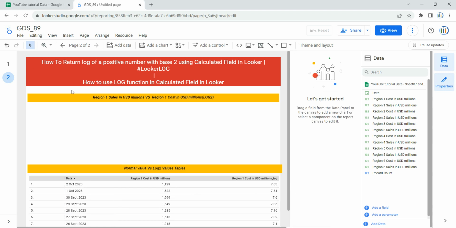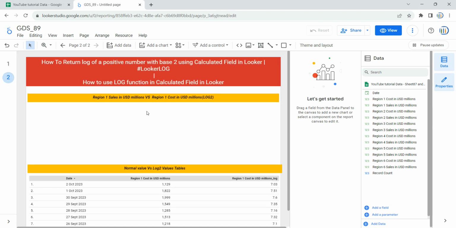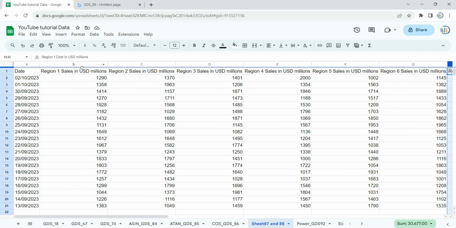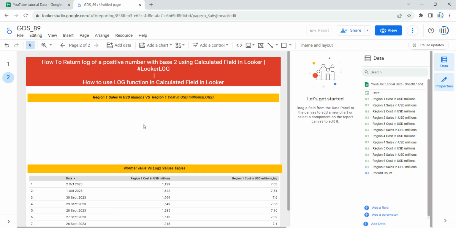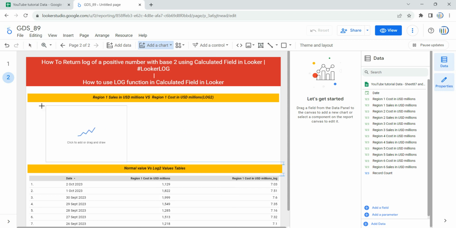Now we need to include a chart which we had over here, right? And in this chart we are gonna show two calculated fields, and those two fields will be this region 1 cost in USD millions as well as region 1 sales in USD millions, so that we can compare the sales versus cost, right? To add this graph, we'll click on add a chart, and then I will select this time series chart. So I'll select this and I'll put it over here,